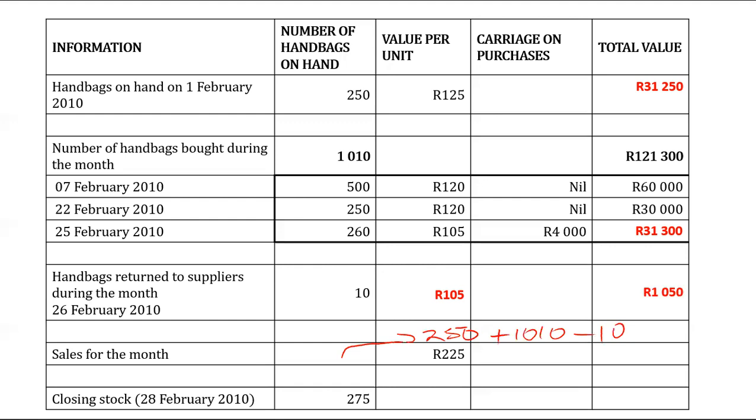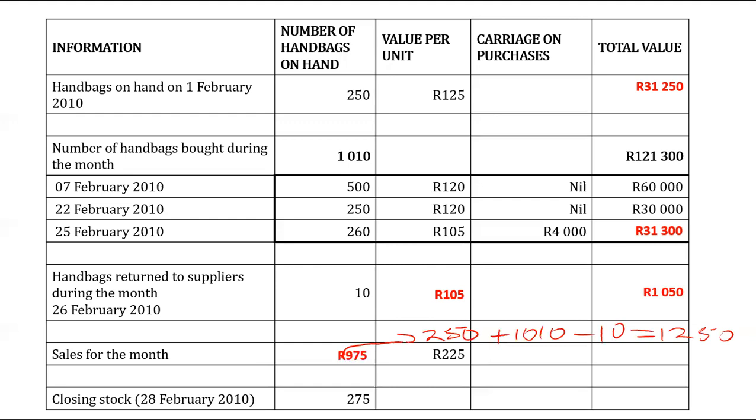It'll simply give you your total units available to be sold, which is 1,250. And then you minus your closing, it'll simply give you your total sales for the month, which is